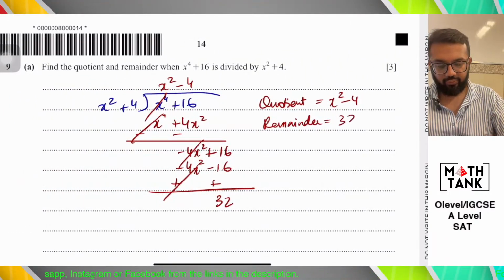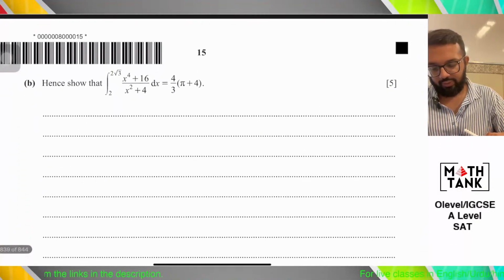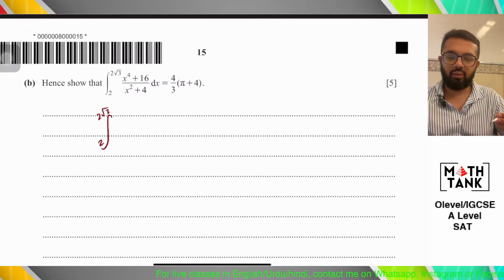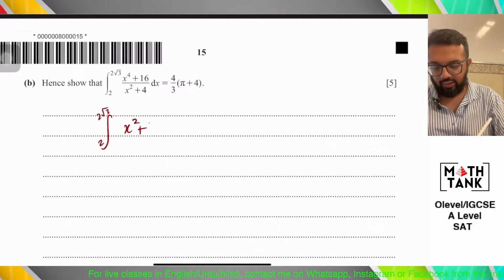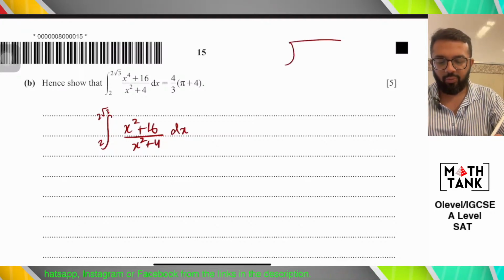Remainder is 32. That was easy. Now, what you need to understand is that in these questions, this is an improper fraction. Why did the examiner get you to do the long division in the first part? Because let's say we take any improper fraction,